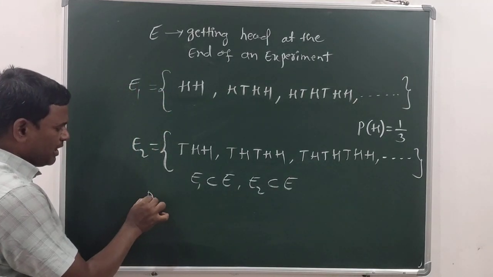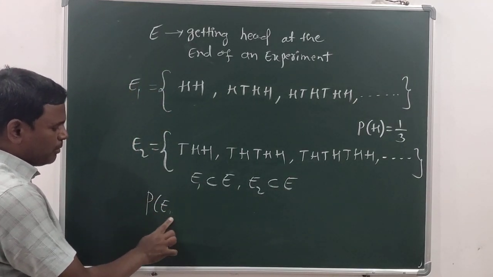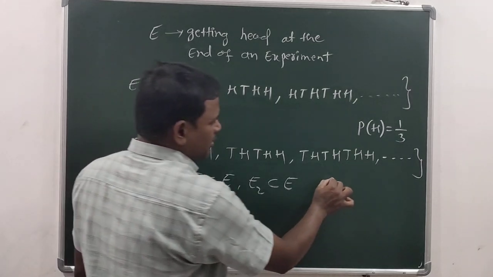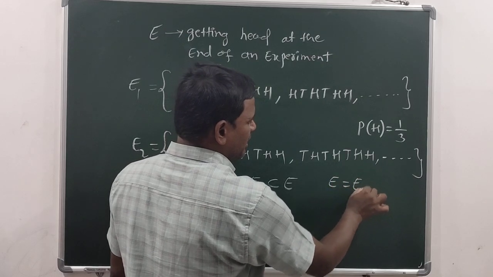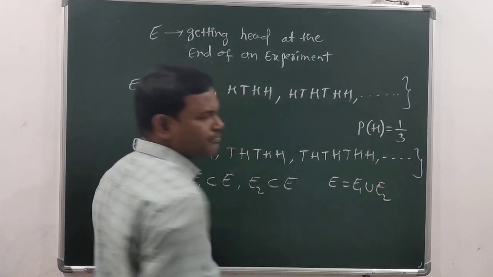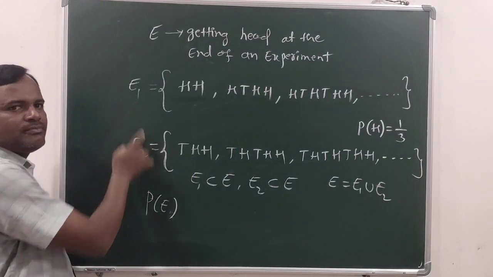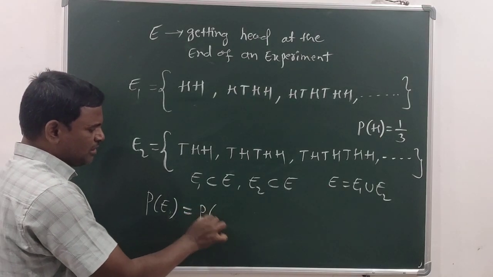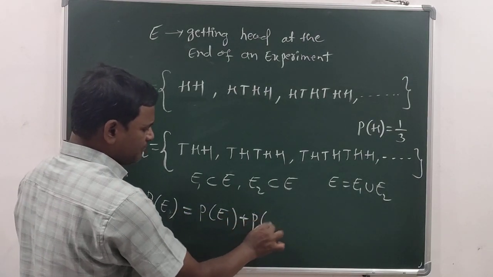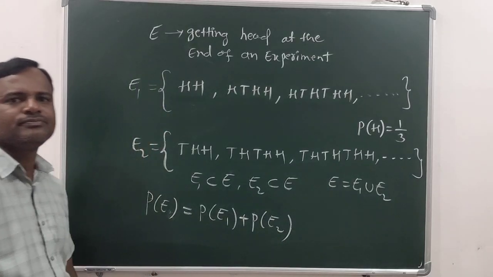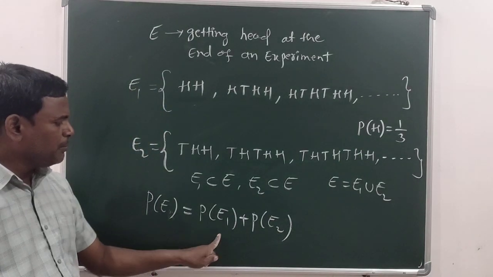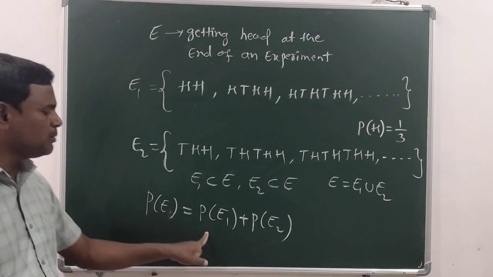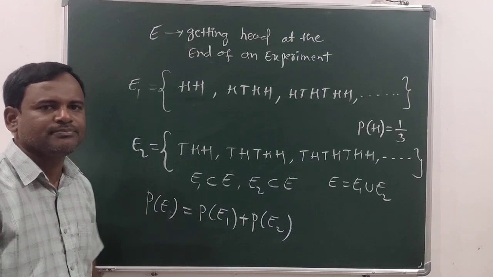We have to determine probability of an event E. So here E is the union of E1 and E2. Observe, both are disjoint sets. So in such case, P of E should be written as P of E1 plus P of E2. Okay, so now prepare these two individually, and after getting the P of E1 and P of E2, substitute here. Then your problem will be done.